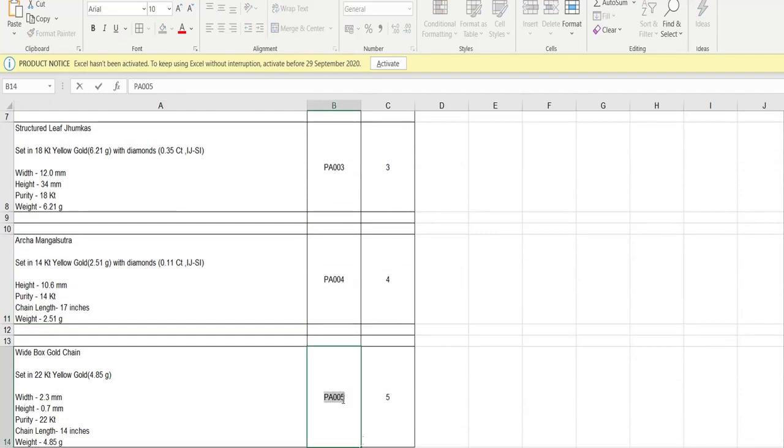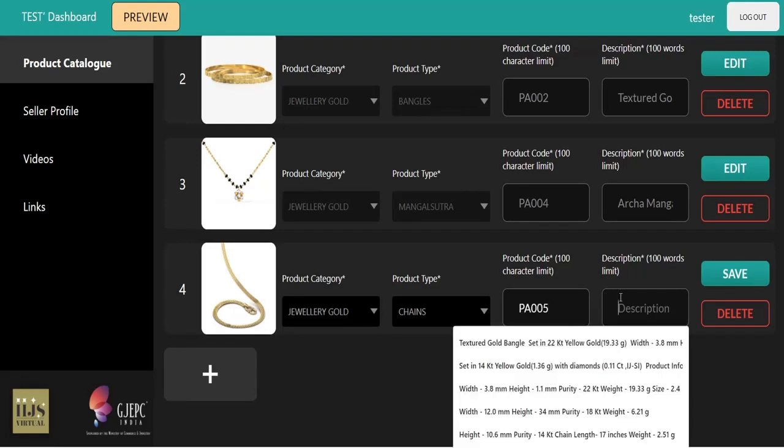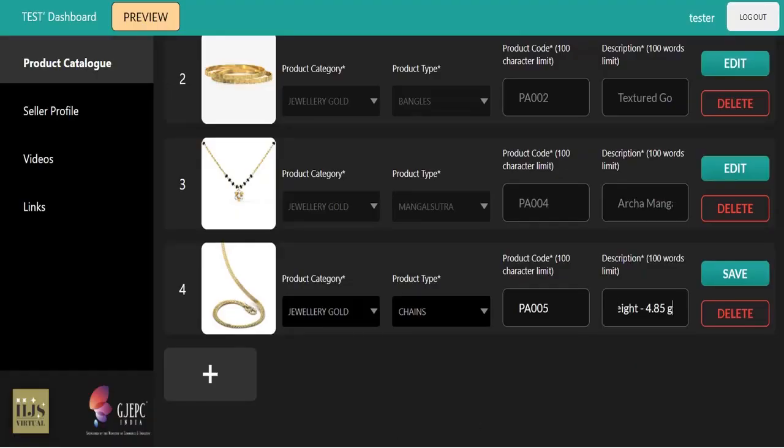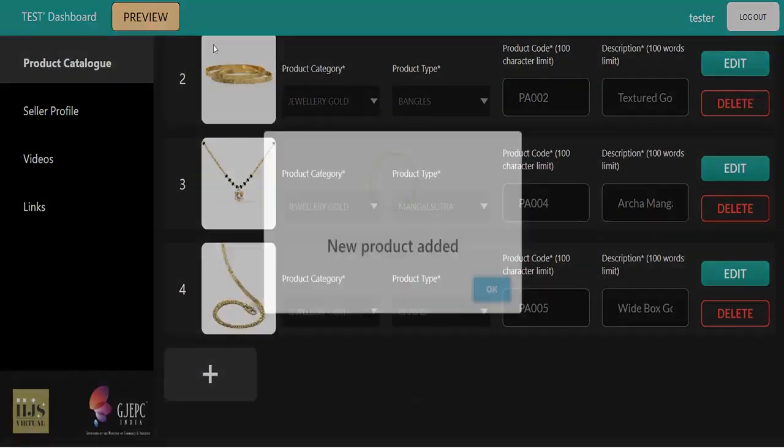Copy the product code, paste it here. For product description, again go back to the sheet that you have created. Copy the detail and paste it here. Click on save and this entire product details get saved here.